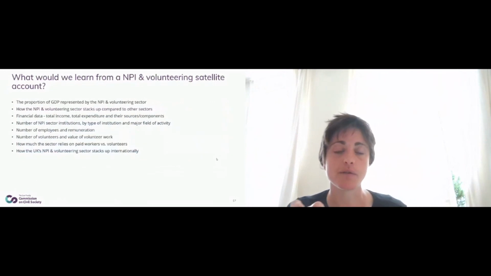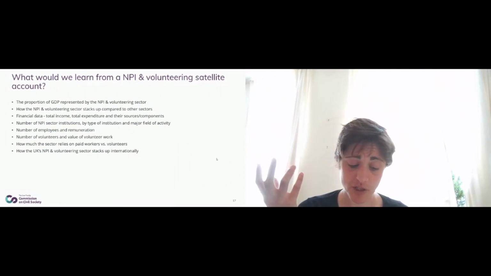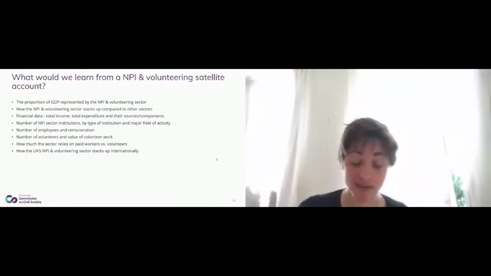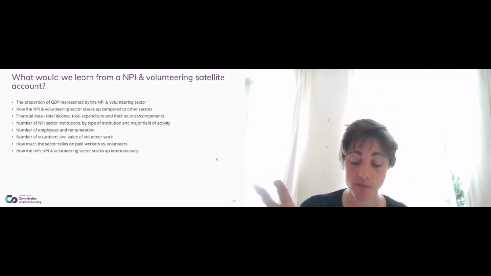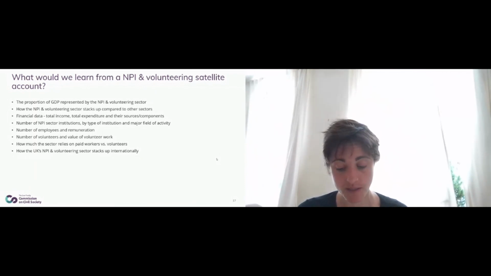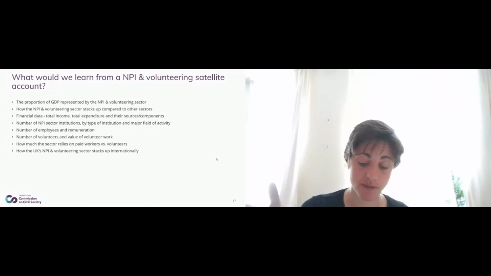So what would we actually learn from an NPI and volunteering satellite account? It would highlight lots of information. One really important thing is it brings together civil society organisations into one place. So, we have charity commission data on the charity sector, but this would bring together co-ops, mutuals, trade unions, charities into a single data set. And it would tell us the proportion represented by the non-profit and volunteering sector over time. It would tell us some things about how financially healthy or vulnerable the sector is, how many organisations by different